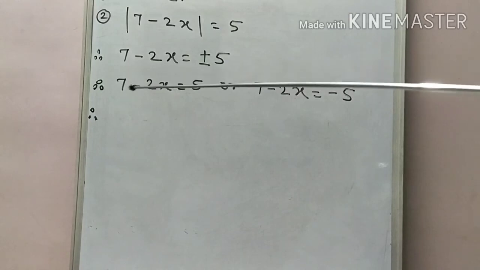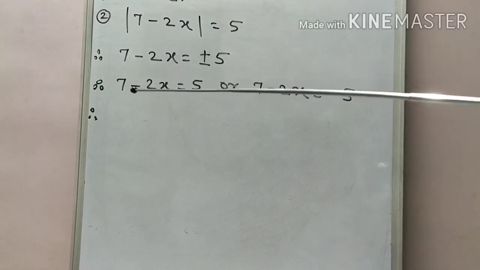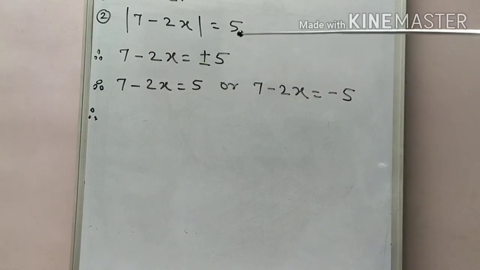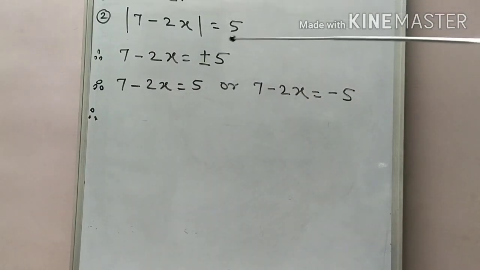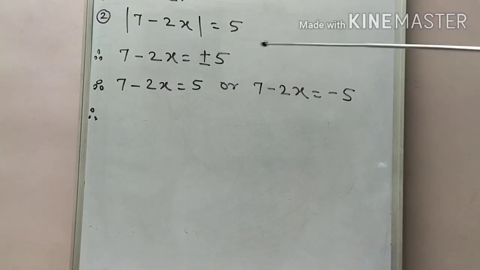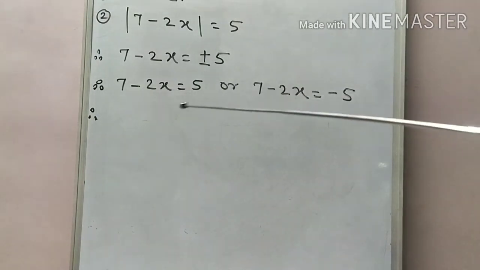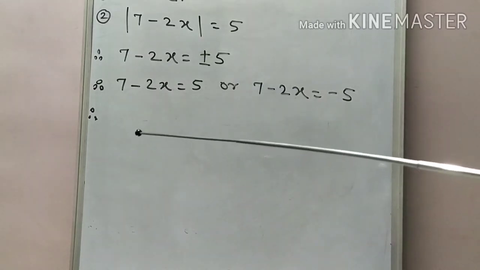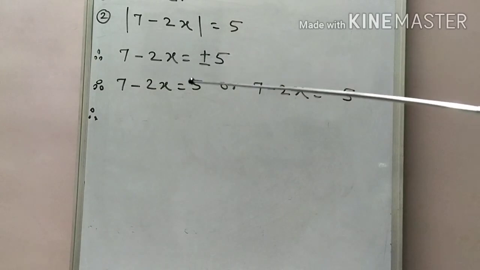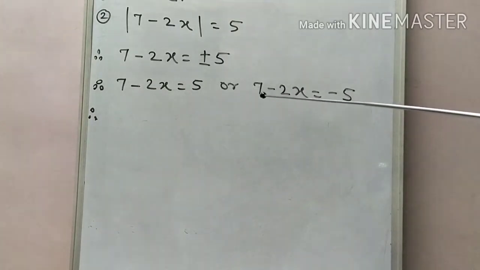Here remember, do not change the equation signs. The equation sign stays as it is; you have to change the value which is given on the right hand side, either plus or minus. And now we further simplify. We take this constant 7 to the right side as minus 7, and here again 7 to the right side as minus 7.